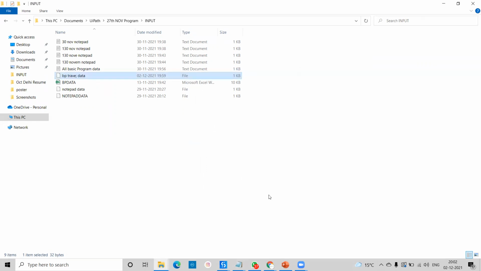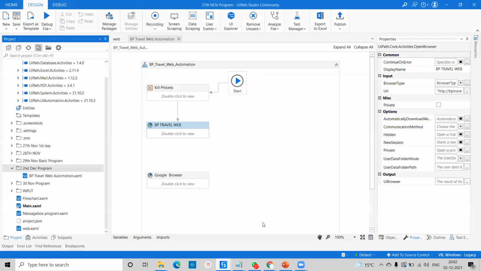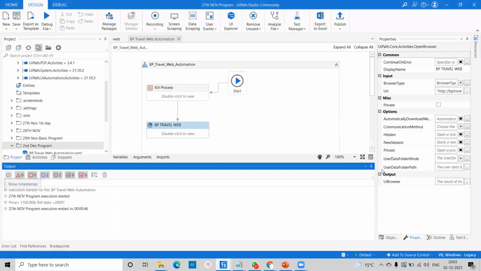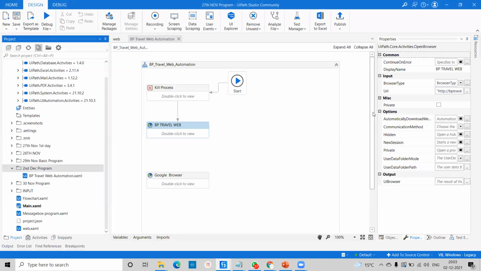If you go for any interview across the world, people will ask you what is your response time, in how much time you have automated this process. Definitely they can ask you this question. In this output panel you can see here, we are getting 46 seconds required to automate this process, after using this message box. So 46 seconds is your response time. In 46 seconds, we are able to automate this process, and it has already been successfully closed. And this is the program we have done today.